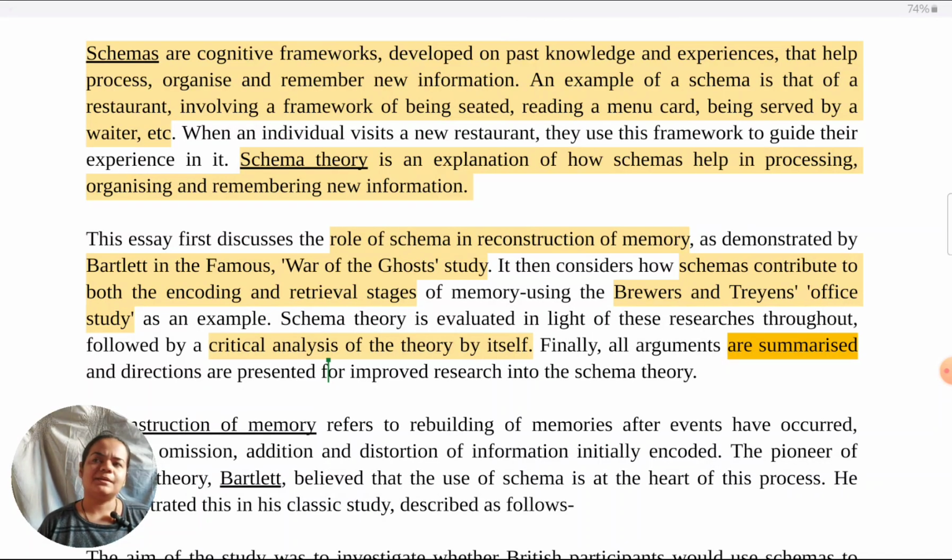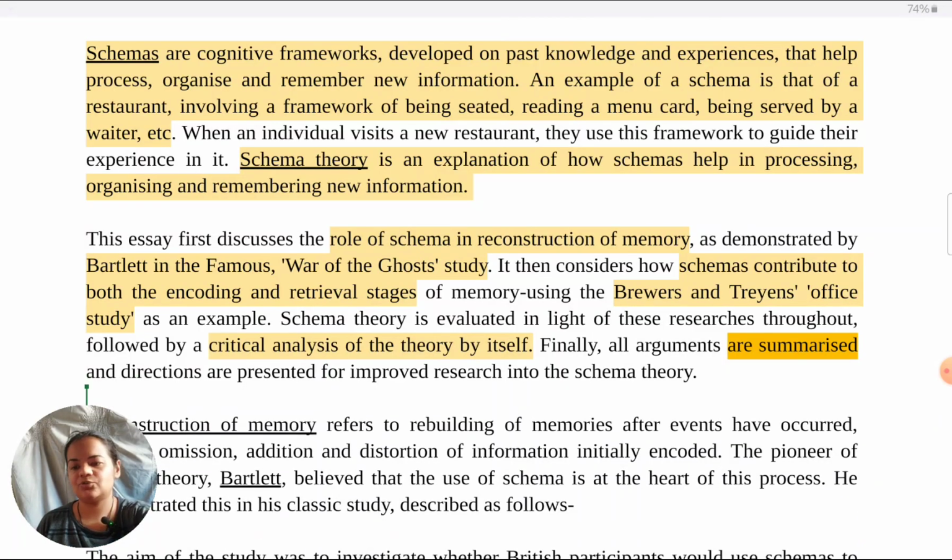Again, many students tell me in their schools it's suggested that they should just summarize what is in the essay and not present directions for future research. There's no hard and fast rule. I suggest that we do present some directions for future research after considering what strengths and weaknesses are there already in the area. So coming to